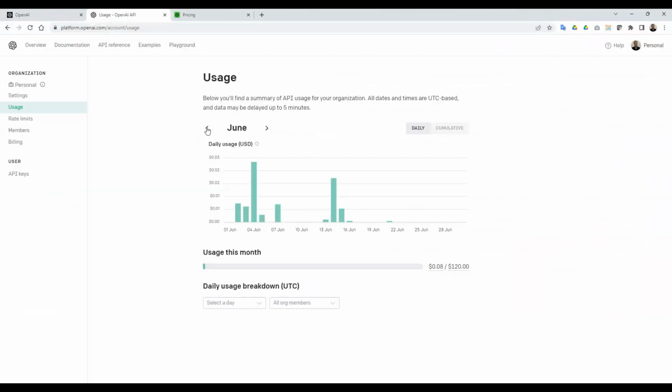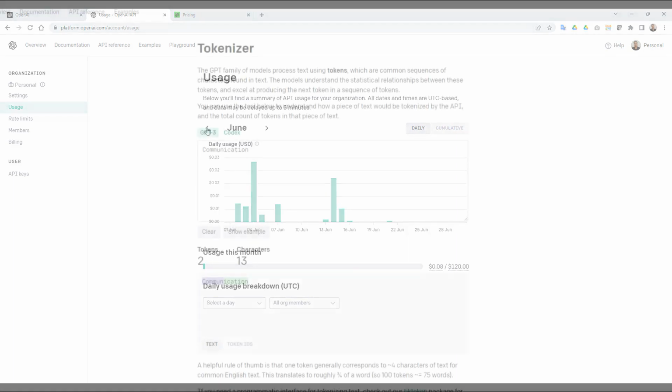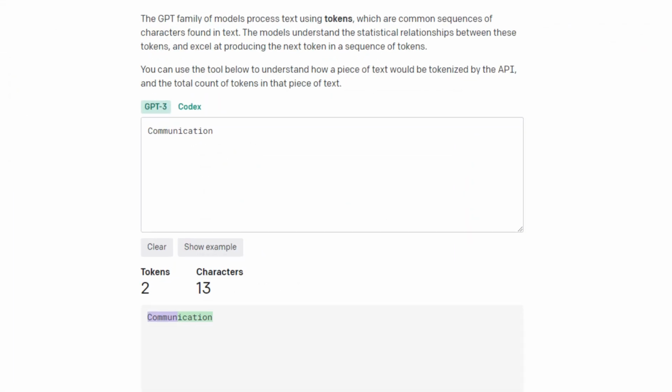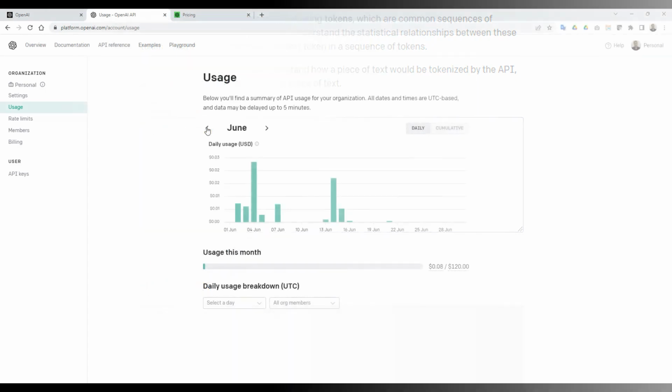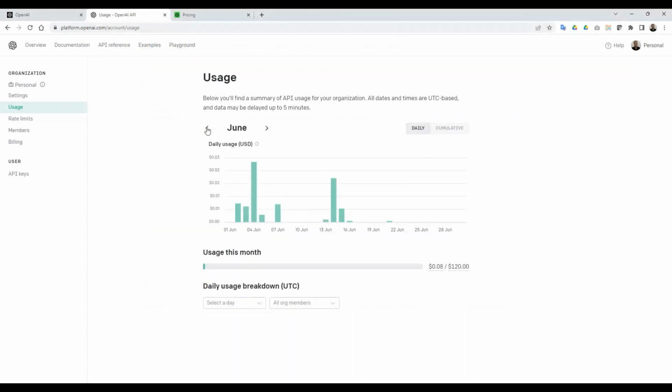Okay, so in my case, with all these days playing on this model, OpenAI has generated more than 30,000 tokens for me. A token is usually similar to one English word, but a polysyllabic word, such as the word communication, will take 2 tokens. We'll talk more about tokens in later videos. Okay, so 30,000 tokens, that can make a lot of conversations, right? That's more than enough for us to just try out the API.